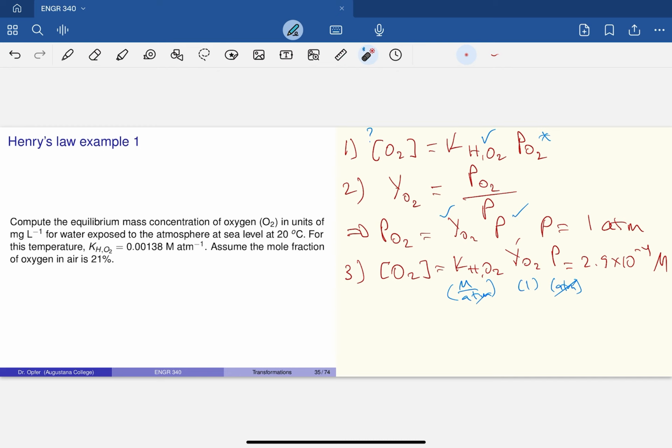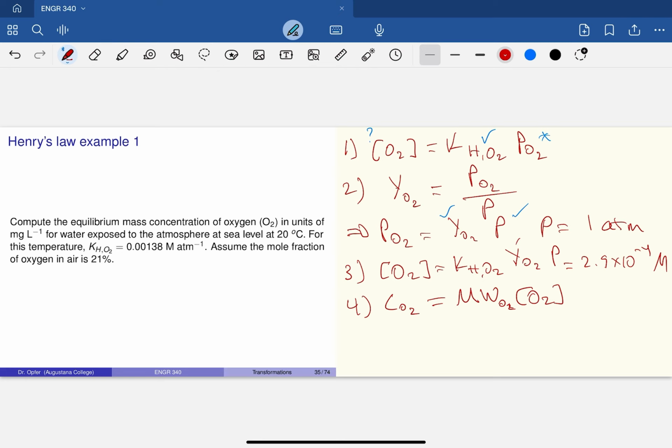But what does this problem ask us for? It asks us for the concentration in units of milligrams per liter. So in order to convert from a molarity to a mass concentration, we have to use another relationship from week 1, where the mass concentration is equal to the molecular weight times the molar concentration. So that week 1 stuff actually means something in this class. And what we find,